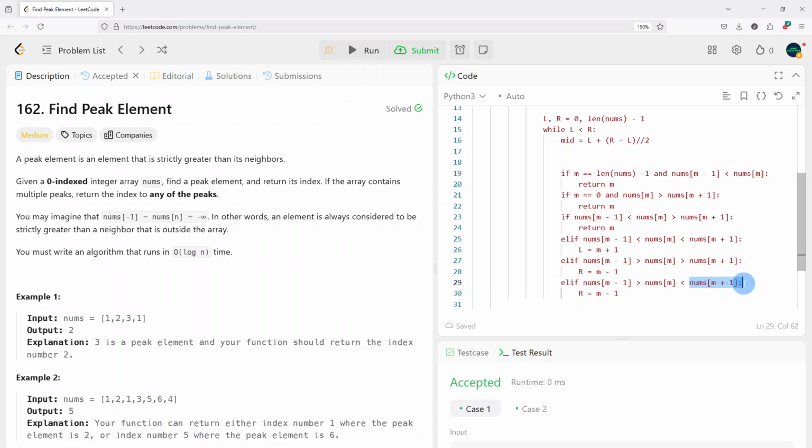We do know that if the nums keeps increasing after the m plus 1, at the very end we'll hit this. So then we're for sure going to find a peak. And similarly,